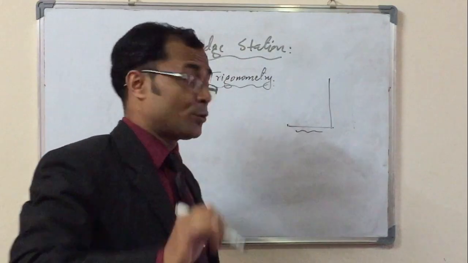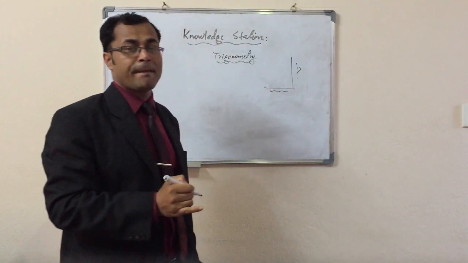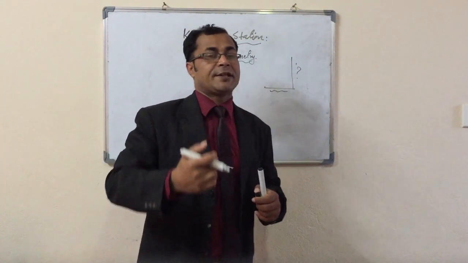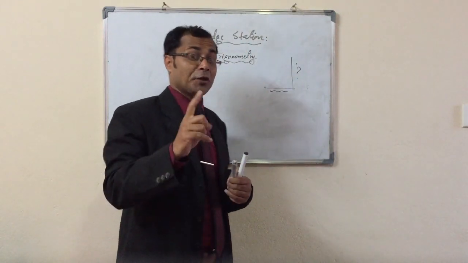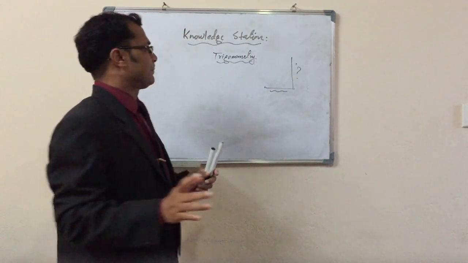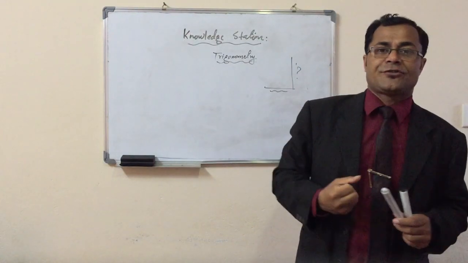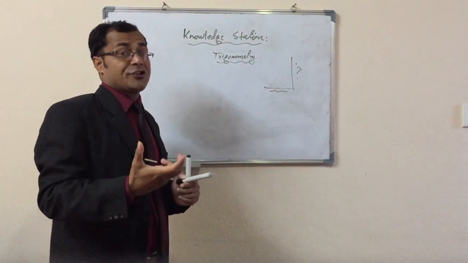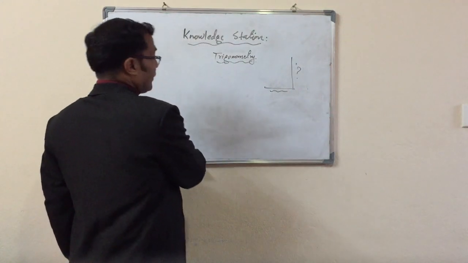Now, if I ask you, can you tell me the height of the tower without measuring? What will be your answer? Seems a bit difficult, right? No, it's not difficult, it's very simple. It's based upon the concept of trigonometry, the concept of right angle triangles, that is called height and distance. I'll come to these points later, but before that,